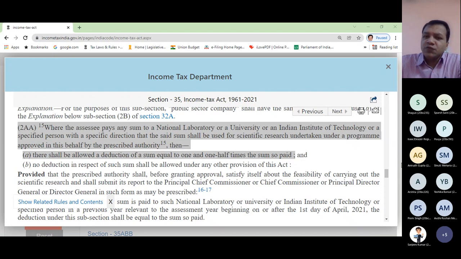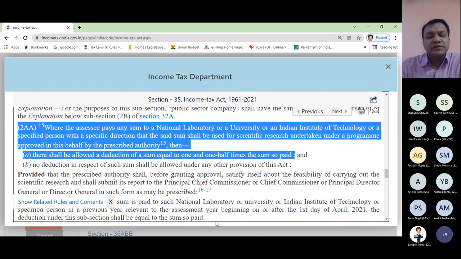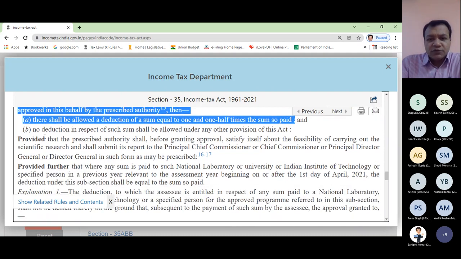Yes, this is what these four lines want to convey: whatever you donate to a national laboratory, you can debit 50% more than what you have donated. But in our year, there is a change. Why I wanted to tell you this is that you should not decide only on the basis of reading the four lines. You must read the entire section, because if you go down, what you will find,